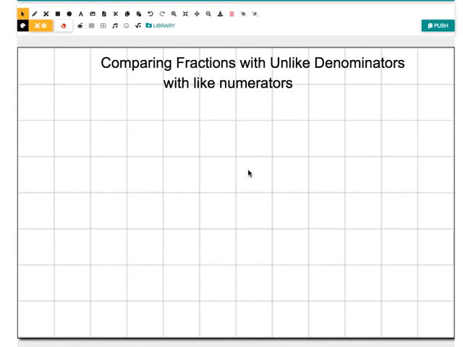Now that we worked with comparing fractions with like denominators, we're going to be looking at them with unlike denominators. There's going to be a few different videos for this since there's several different ways we can do it. So the first one is going to be comparing with unlike denominators but with like numerators. So we're going to have a fraction like 3/4